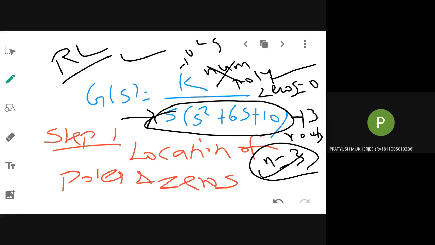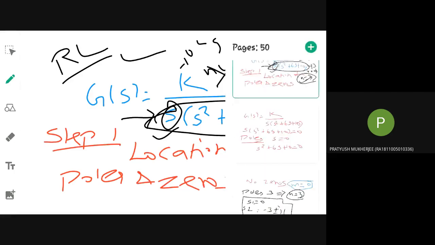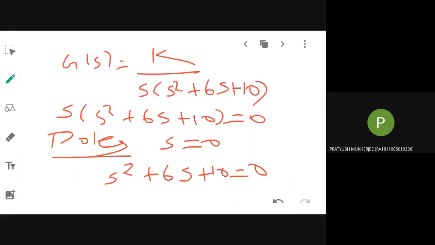One root is located at the origin, at 0, given by this s factor. The remaining two roots will be found using the quadratic equation. What formula will we use? Minus b plus or minus square root of b squared minus 4ac divided by 2a. Use that formula or your calculator and tell me the two other roots. Minus 3 plus 2j or minus 3 minus 2j. Have you got the roots?